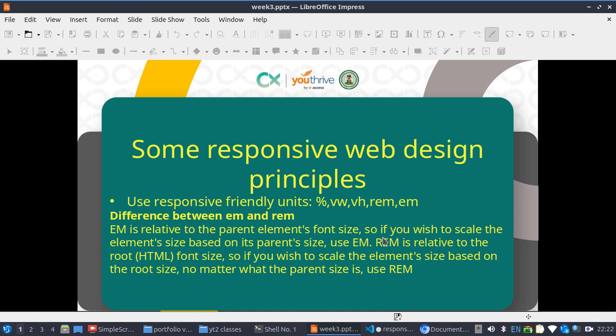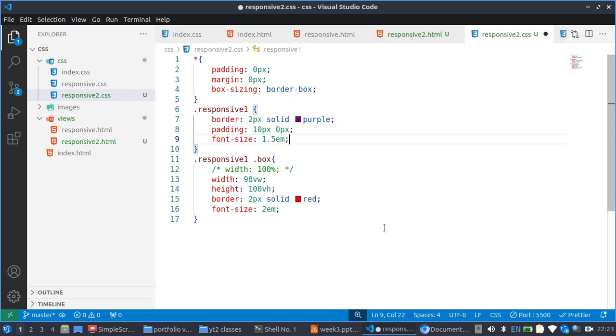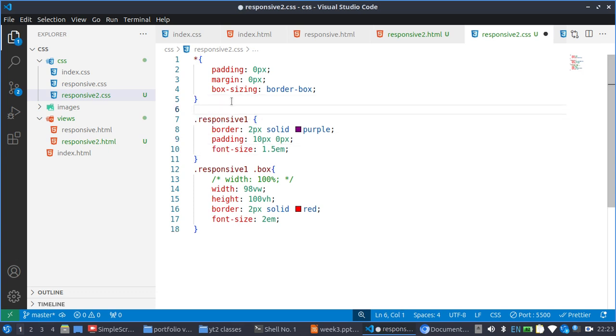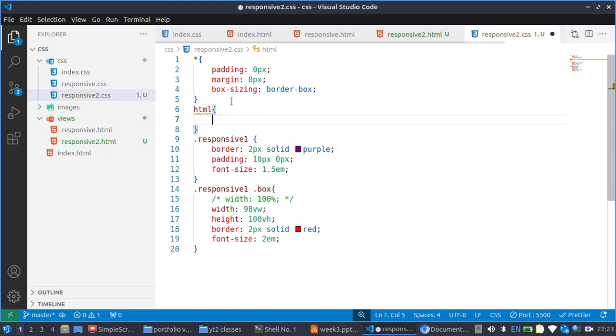says here that if you wish to scale the element size based on its parent, you use what? EM. Okay, so that is for EM. So what about the rem? The rem is relative to the root tag, which is the HTML. So I'm going to add a font size